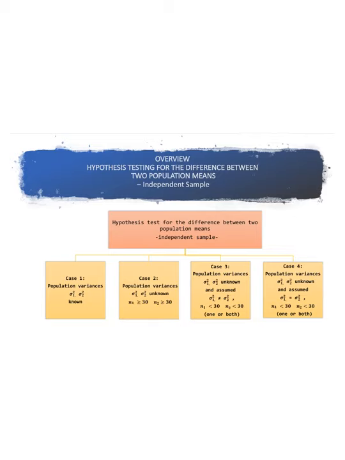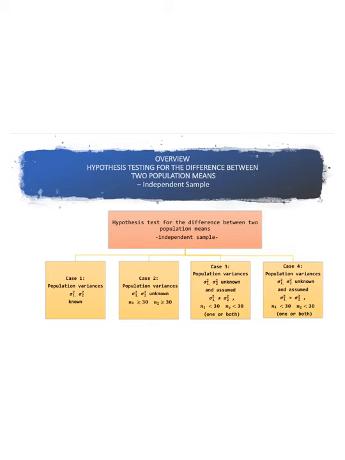The third case, we do not know the population variances, but we assume the variances are not equal, and the sample sizes are small, less than 30. And the last case, we assume that both populations have equal variance, and the sample sizes are